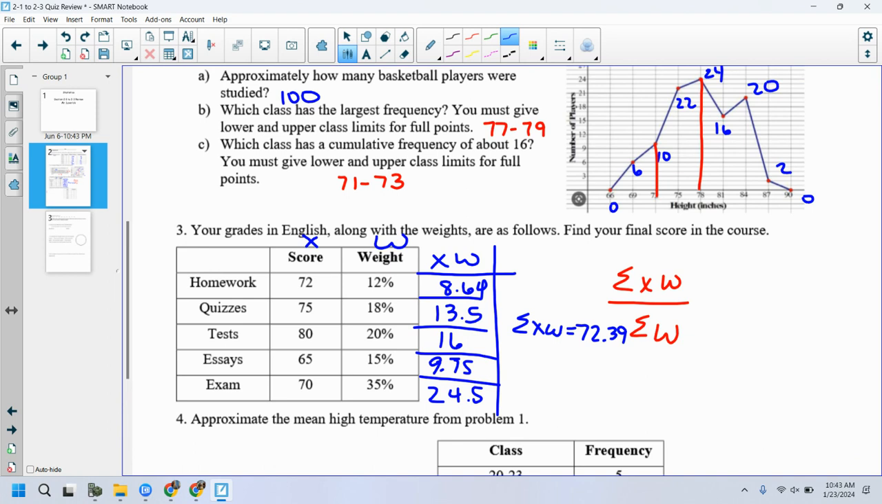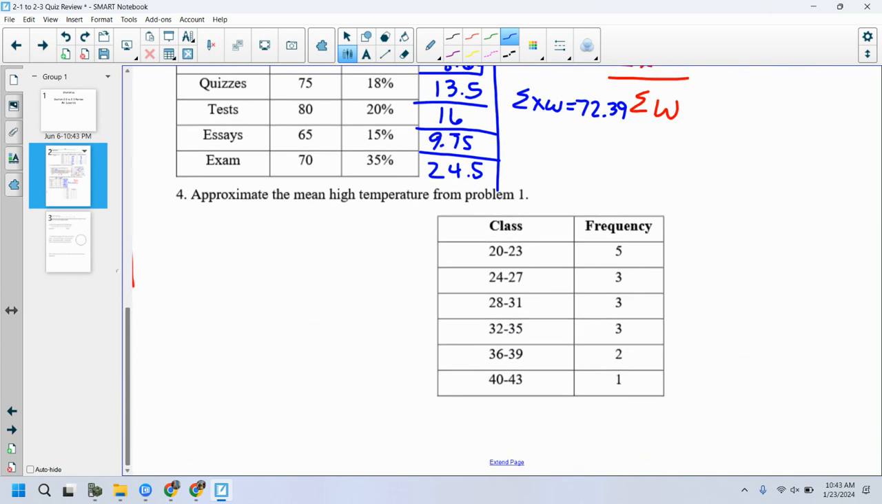All right, questions on 3. Let's take a look at 4. Mean high temperature for problem number 1 there. So here's my same class and frequency, right? What I'm going to do now is find the class midpoints. That's going to be my X. Because remember, the